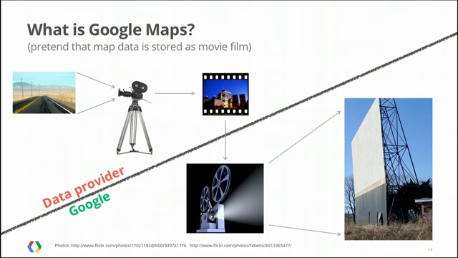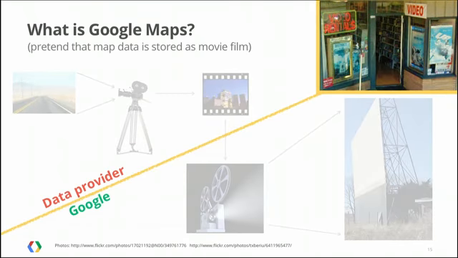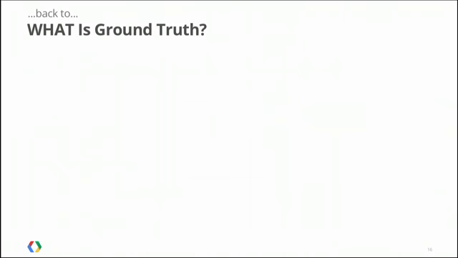But this is the traditional ecosystem. A data provider sits on one side of the line. They collect the data. They toss it over to us. And we take care of distributing it to users. Another way to look at this is that it's similar to a movie rental store. So basically, we have to go and pick out what titles are available. And the arrangement suffered from the same problems that old VHS rental stores suffered from. The selection was limited. The movie studios weren't necessarily making the movie that you wanted to make. You had to pick from what it was that they were interested in. And of course, the movie studio didn't like it very much if you edited the movie before you returned it back. So, all these considerations, this gets us back to what is ground truth.